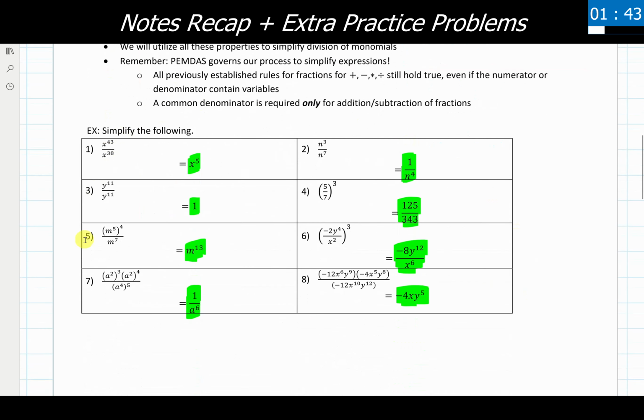We also went through these 8 examples that we had here. I really emphasize and really encourage you, if you have complicated stuff like 5, 6, 7, and 8, to try just simplifying the numerator all by itself, then simplify just the denominator all by itself, and then bring things together to simplify and use the quotient property, like we did with number 8 here. I think that makes these really complicated looking problems, like 7 and 8 in particular, much easier to manage, and at least makes it feel like we have a chance of getting from the start to the end.